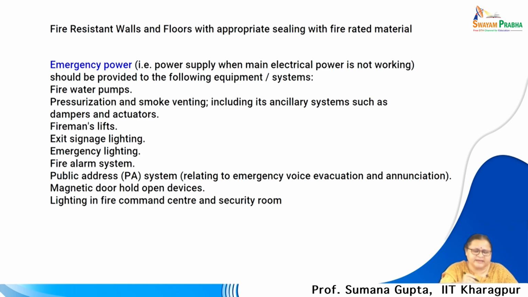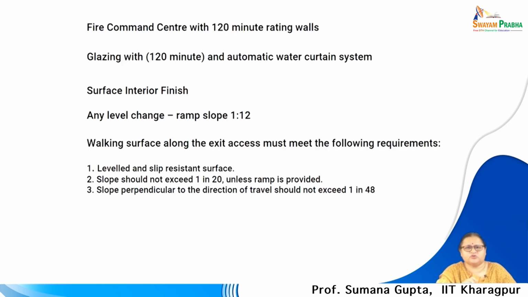Because in case of a fire the electrical mains are immediately switched off, the emergency power should operate all the essentials. These are some of the points to be kept in mind beyond the